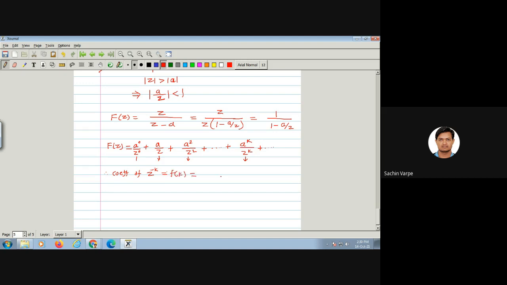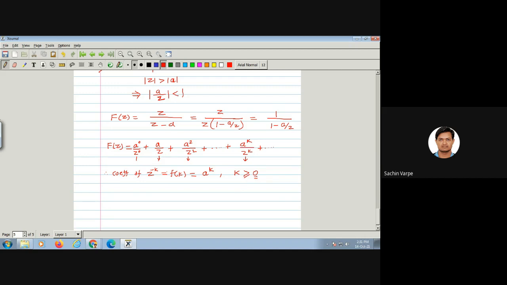And that is equal to what? What is the coefficient of z raised to minus k here? That will be a to the power k. And k varies from where to where? What is the condition on k? Should k be positive or negative? See, how do I write the condition on k? That depends on the coefficient actually. If I write greater than 0, then 0 is not included, isn't it? So I cannot take a raised to 0, but a raised to 0 is there, isn't it? So I'll have to include it.